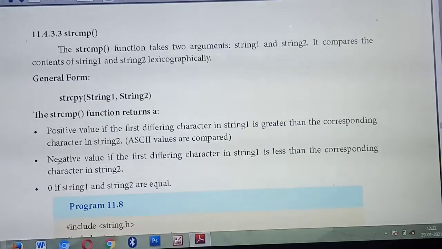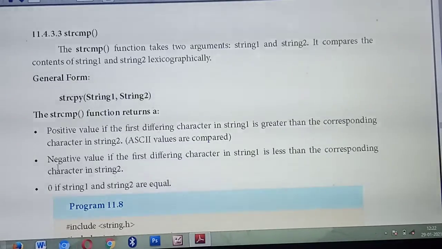It will compare word by word. If the first string is greater than the second, you will get a positive value as output. If the first differing character is less than the second one, you will get a negative value. If both the strings are equal, you will get 0 as an answer.